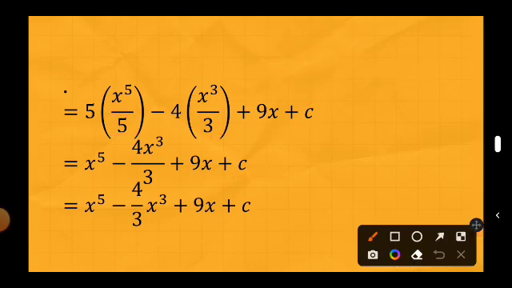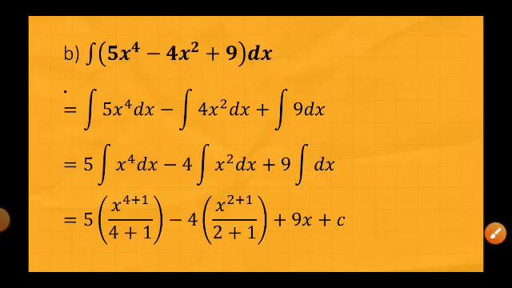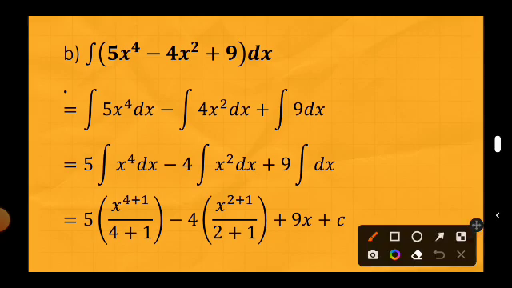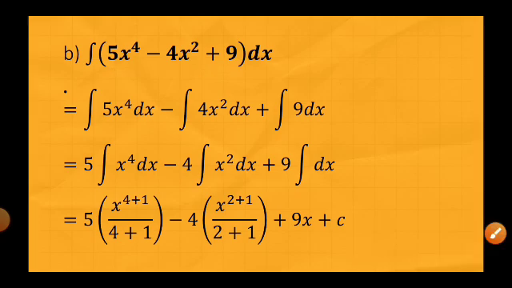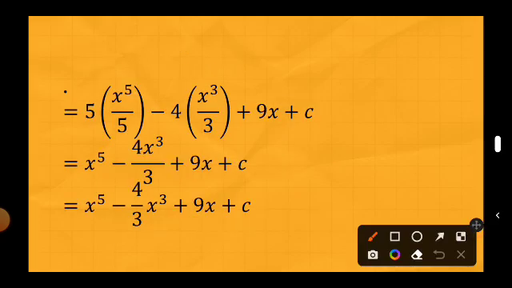So therefore, the indefinite integral of our function 5x raised to 4 minus 4x squared plus 9 dx is just equal to x raised to 5 minus 4 over 3, or 4/3 x raised to 3, plus 9x plus c. We get this answer by using the